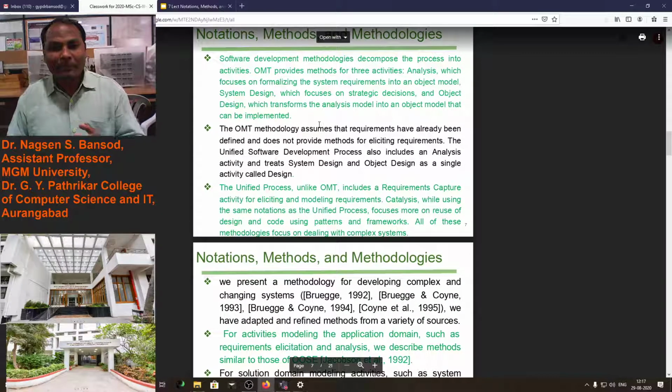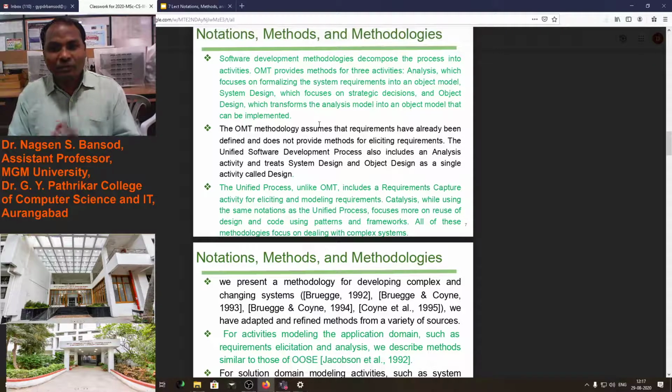A software development methodology decomposes the process into activities. We have to collect multiple activities, and then to implement those activities we have to use a particular methodology.